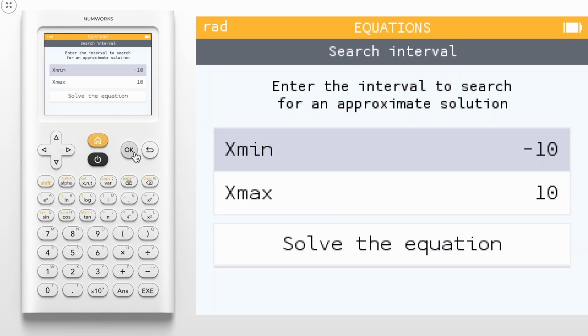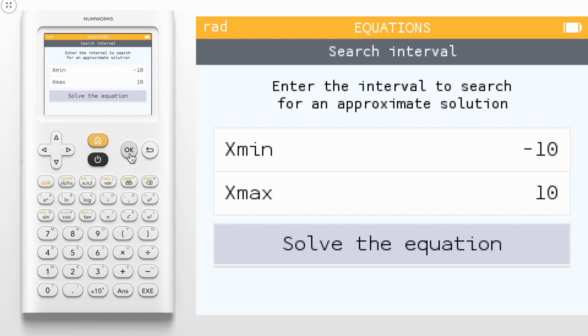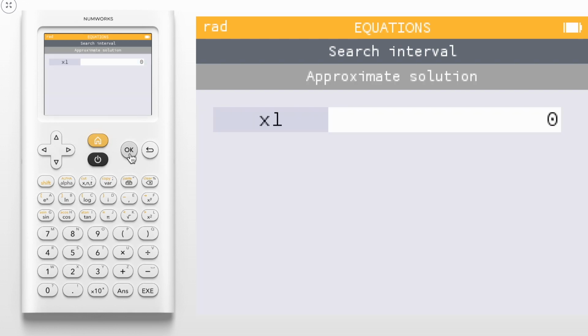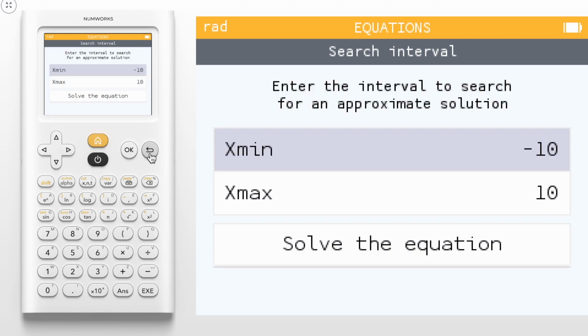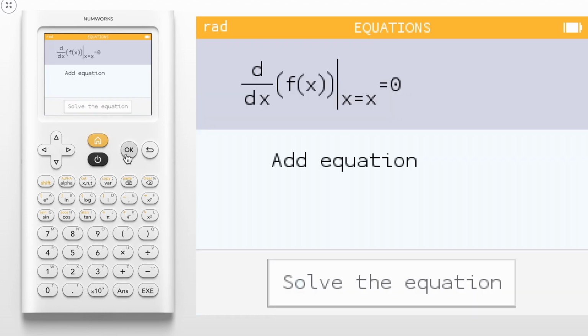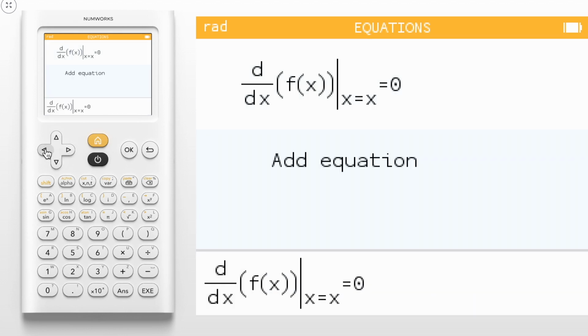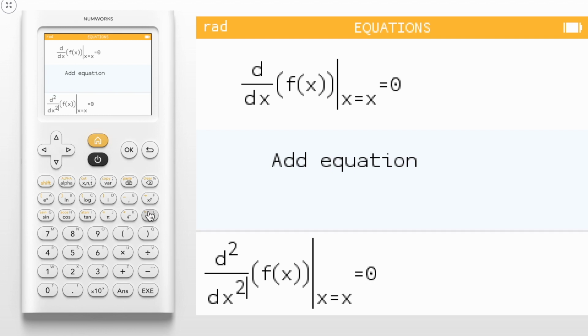I can go down to solve the equation. I can tell it the interval that I'm interested in. So for the moment, I'm interested in -10 to 10. You can edit those if you want, and you can solve the equation. I can also back up and edit my function. So currently I've done the first derivative of my f of x function. I can quickly create the second derivative of the f of x function by adding a square onto my d